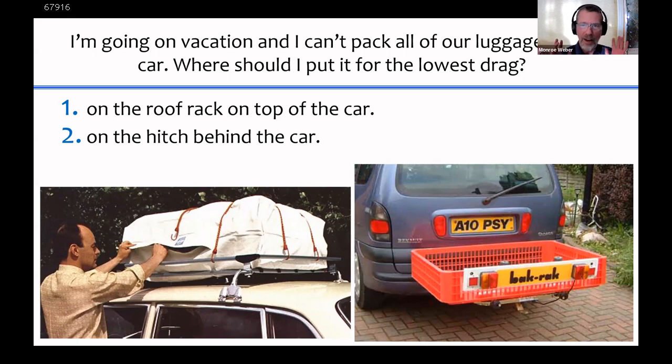I can either put it on the roof rack on top of the car, or I can get one of those little bumper or hitch racks and put it on the hitch rack. Where should I put it to get the best fuel mileage? Of course, the real answer is just don't take so much stuff on your vacation. But